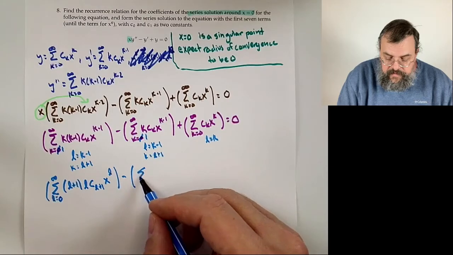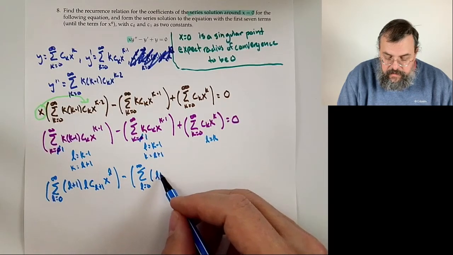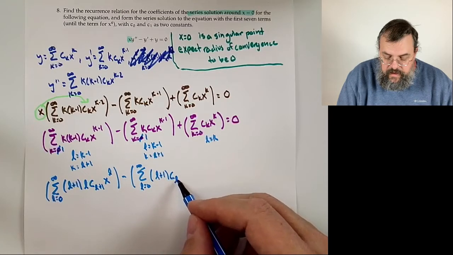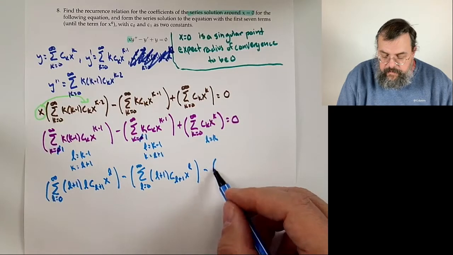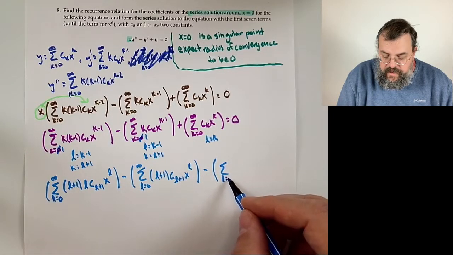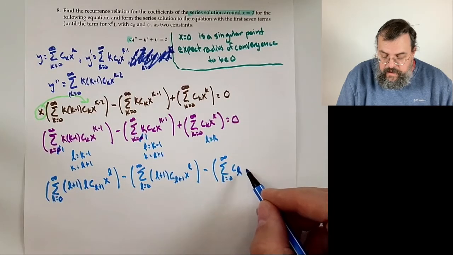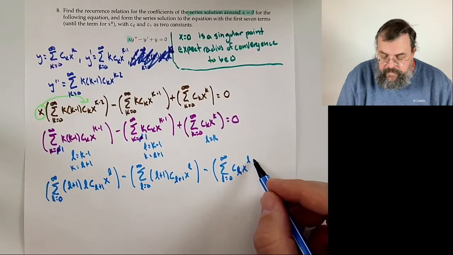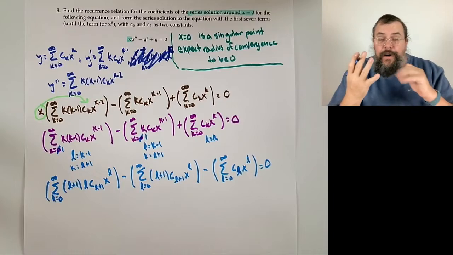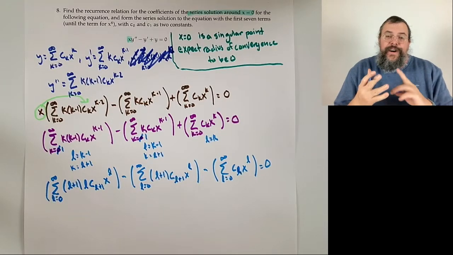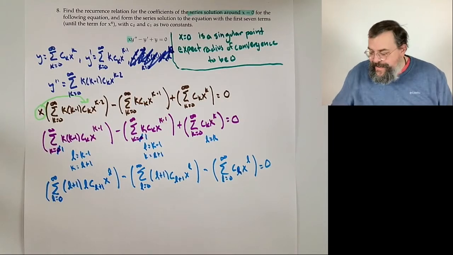The second sum, something very similar. L equals 0 to infinity, and we're going to get L plus 1, c sub L plus 1, x to the L. And the last sum, we basically recopy it. The only thing that happens is wherever we see a k, we put an L. Okay, good. Now, the nice thing is, all the sums start at the same point. All the powers are x to the L. We can smush it all together. One sum